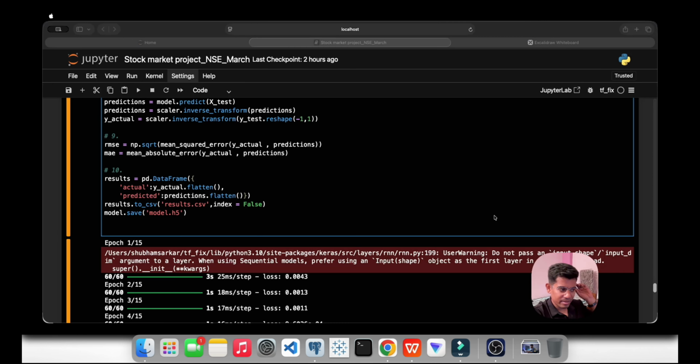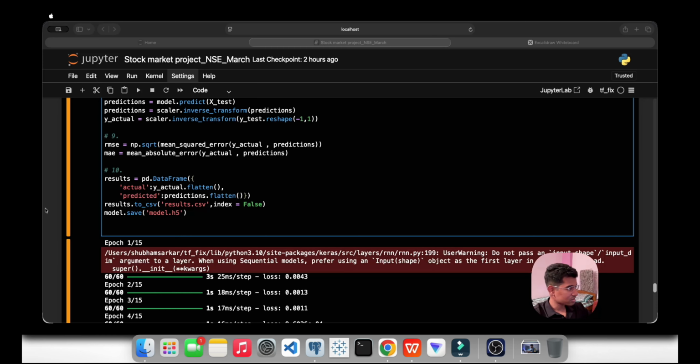Okay, that's it. This is the simple thing, results dot to csv, like save the results in a csv file, simple as it is. And this is the name, results dot csv is the name. That's it. And right now index equal to false, index equal to false matlab it will not save any row number. ठीक है, that's it. And I mean to say index equal to false, like the index number in python, like 0 1 2 3, that won't be there. That's what I'm saying, simple language.